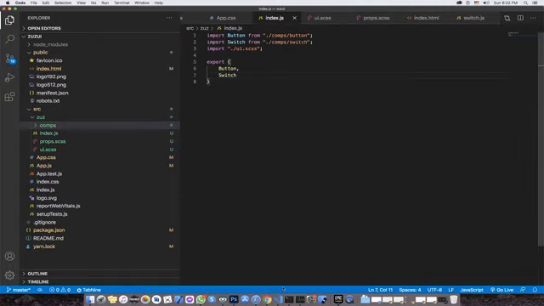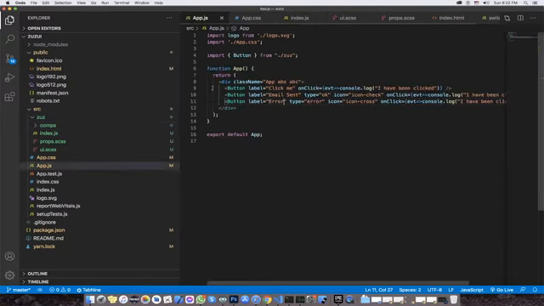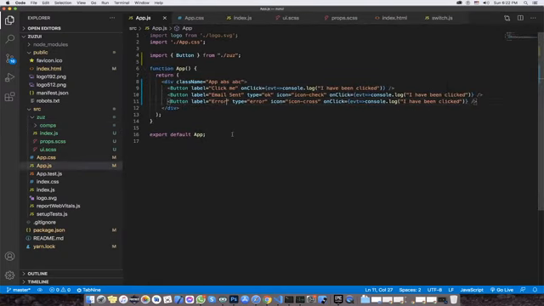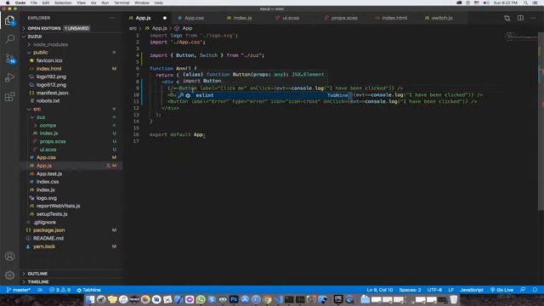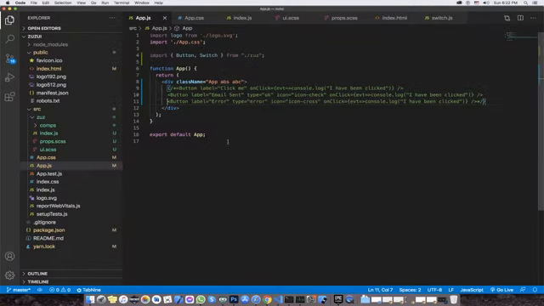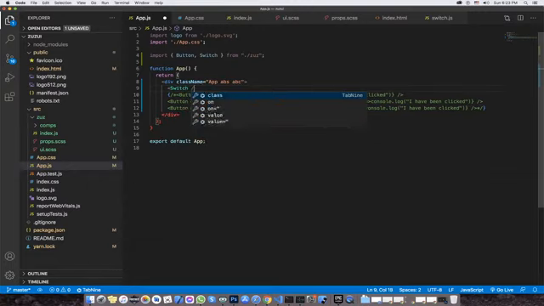And now if we can move to app, just quickly resize the sidebar, and quickly import the switch. Now we need to remove the buttons, or maybe just quickly comment it so that we can add it later to compile the whole UI for demonstration right here. So I need to add switch and save, and now we have a nice switch, which is actually a button right now. If we can quickly click on it,